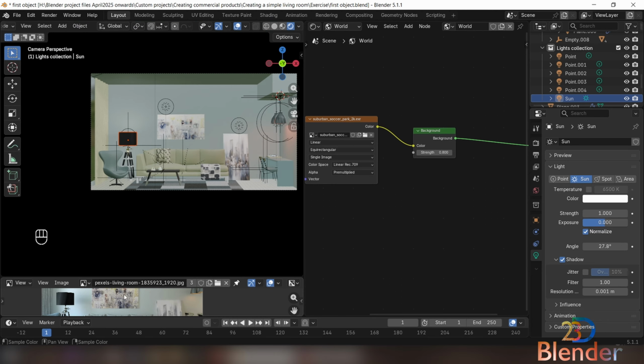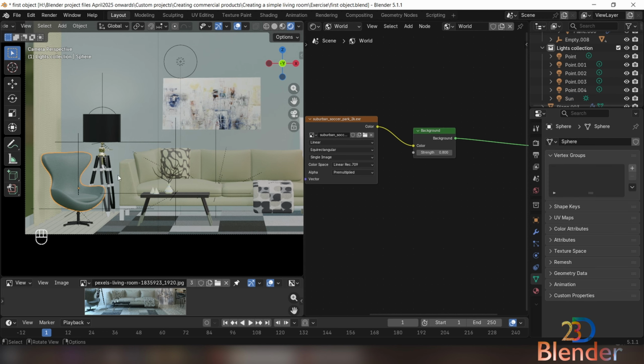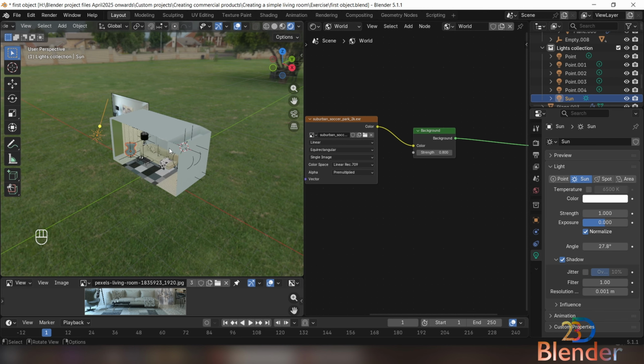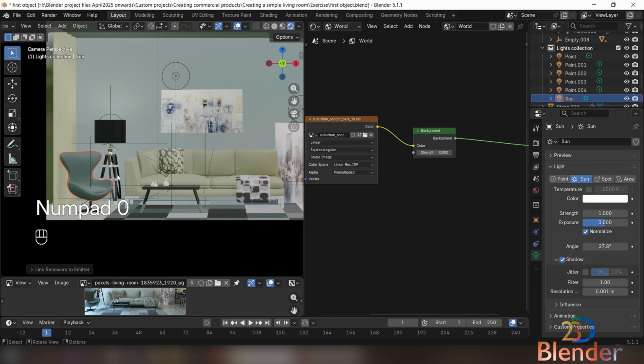We are just getting some light on this, actually too much light on this. Let's remove it too. Control L. Now what do we have? Yes,